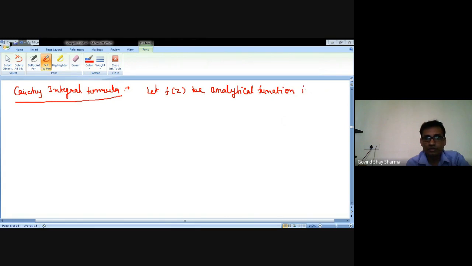Let f(z) be a function analytic in a simply connected domain G